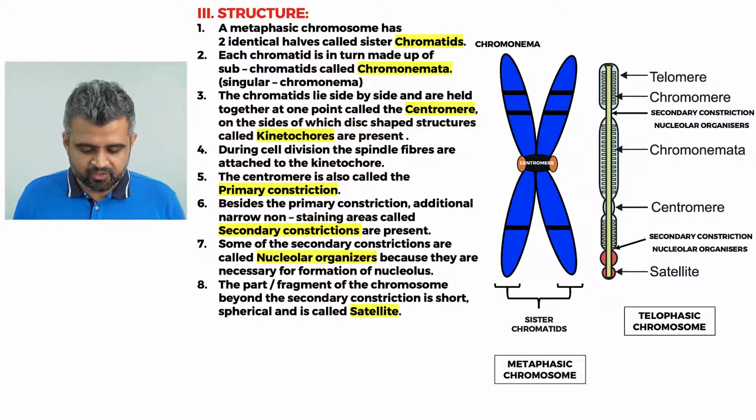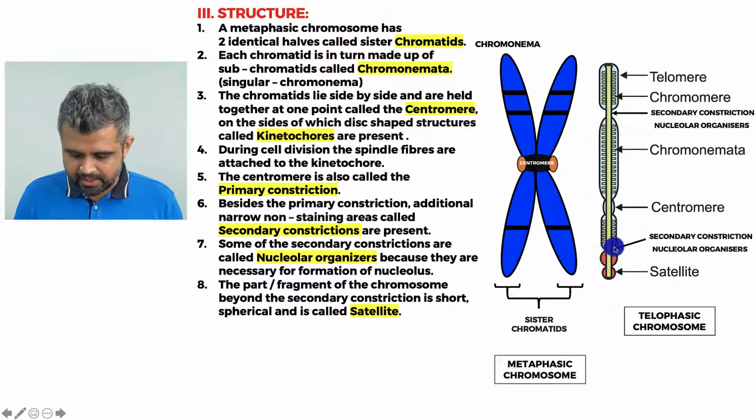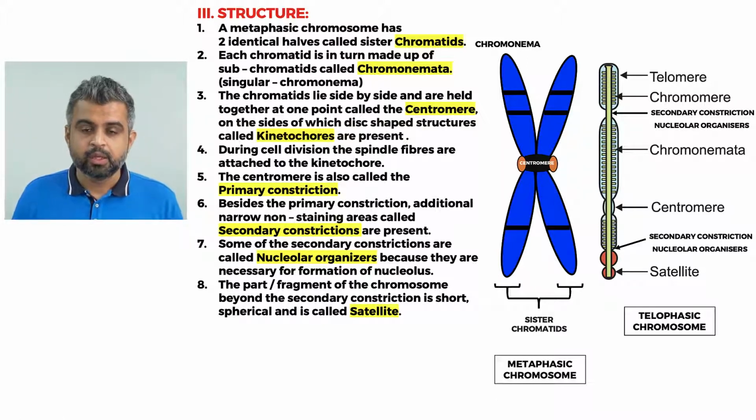The part or fragment of the chromosome beyond the secondary constriction. If you see the diagram here, and this is the secondary constriction, this is the fragment, especially this part which they have labeled here. This is the fragment which is beyond the secondary constriction. Sometimes those small fragments beyond the secondary constriction are also called satellites. So the part or fragment of the chromosome beyond the secondary constriction is short, spherical, and is called the